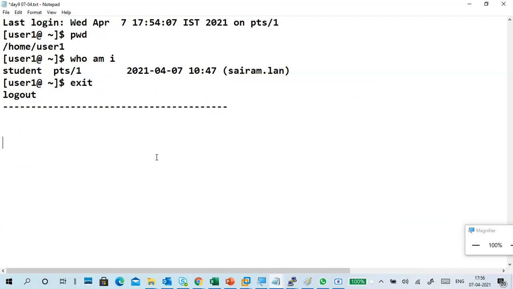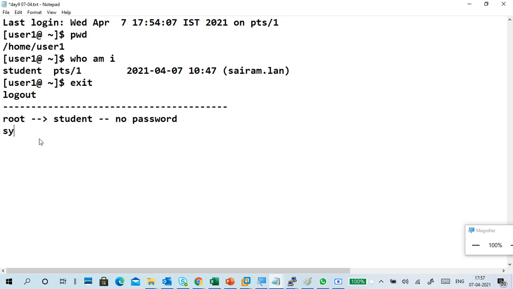So important is, if you want to switch from root to student, meaning a normal user, you don't need a password. So no password, simple. I will put it as no password. So when you're switching from root to student, no password is required.